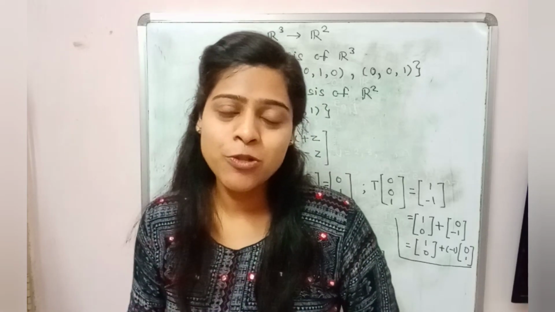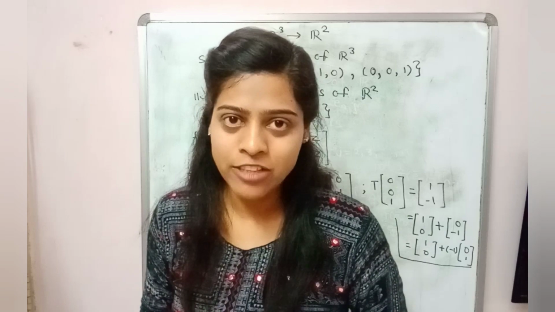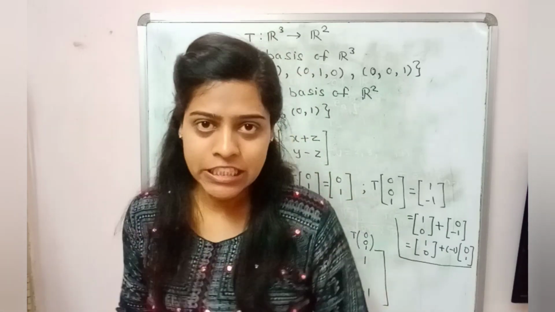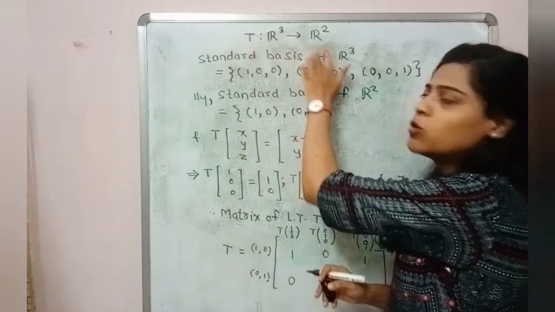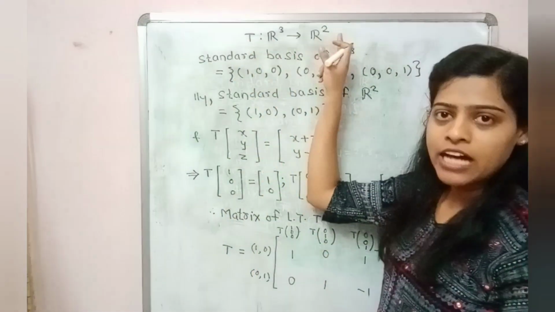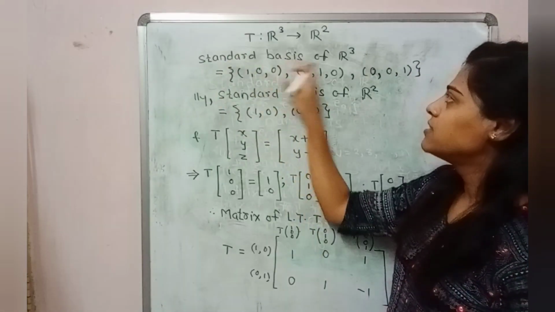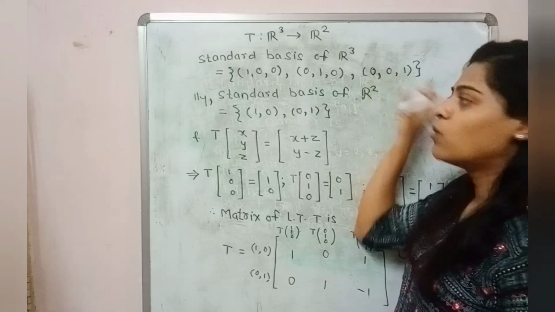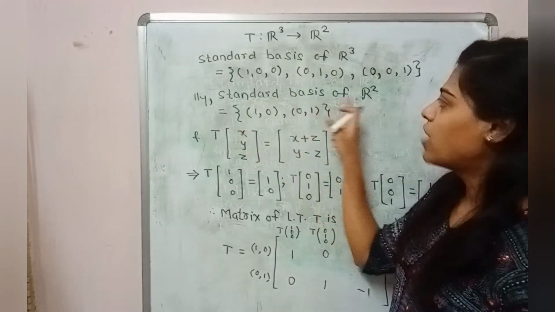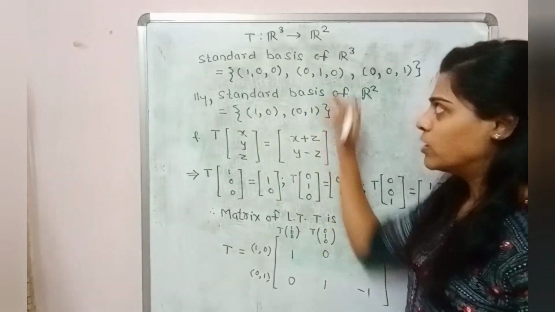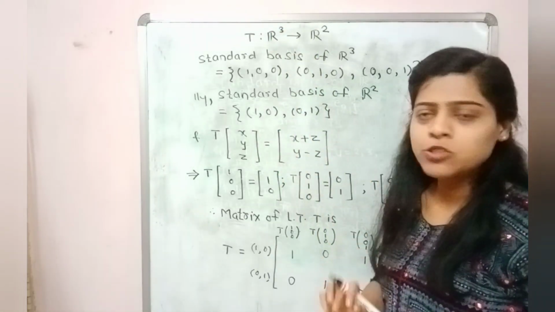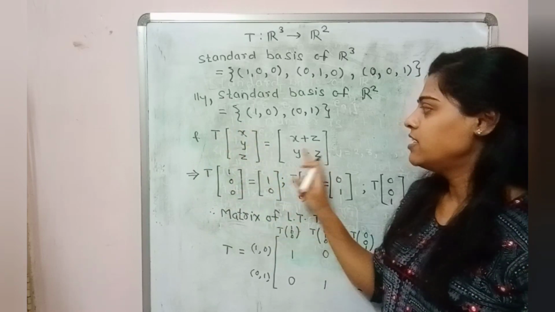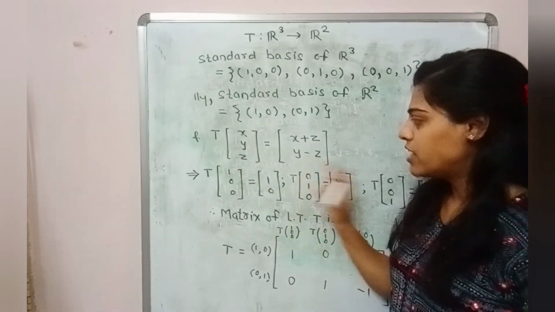So this question is also based on the concept of matrix of linear transformation. Before we start the solution, firstly we have to consider the given conditions, that is T from R3 to R2, that is R3 is our domain and R2 is our codomain. So the standard basis of R3 are 1, 0, 0, 0, 1, 0 and 0, 0, 1. Similarly, the standard basis of R2 are 1, 0 and 0, 1. So this is our first condition. Also, there is one more condition in the given question, that is T of x, y, z is equal to x plus z and y minus z.